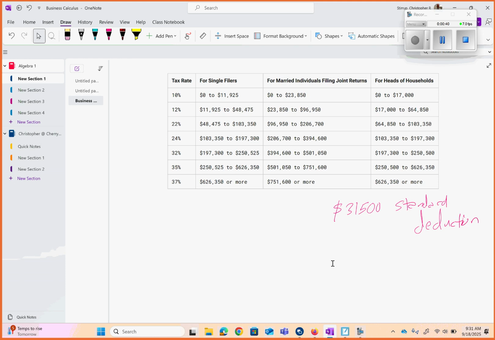So basically, the IRS is kind of a big organization. We don't really like the name, but it is what it is. They have found that if somebody were to keep every receipt and show all of the things that they've paid in taxes, they feel that they can capture a large percent of the United States to be that they would have paid roughly $31,500 in taxes on some sort in a year.